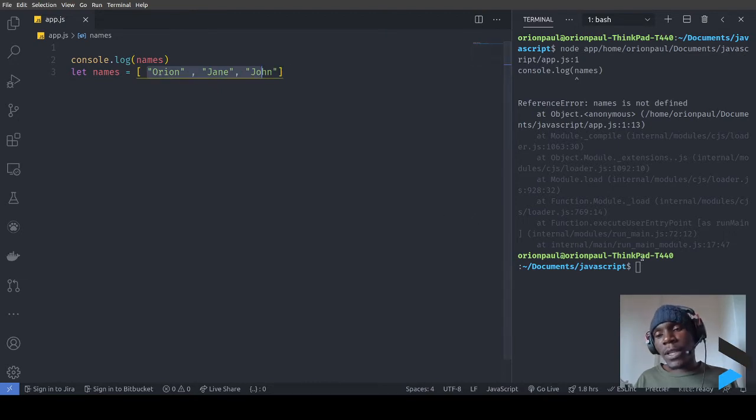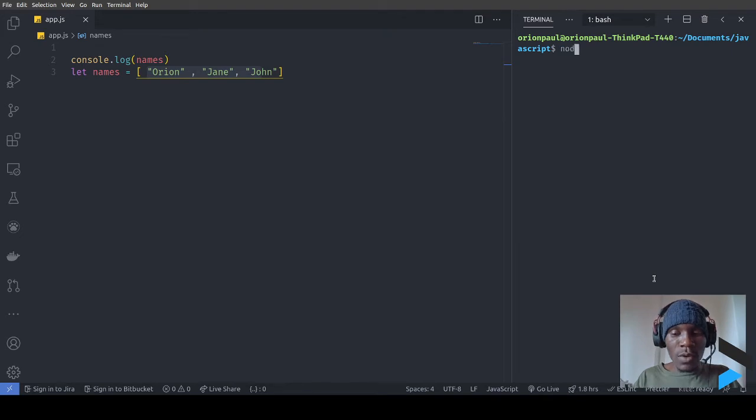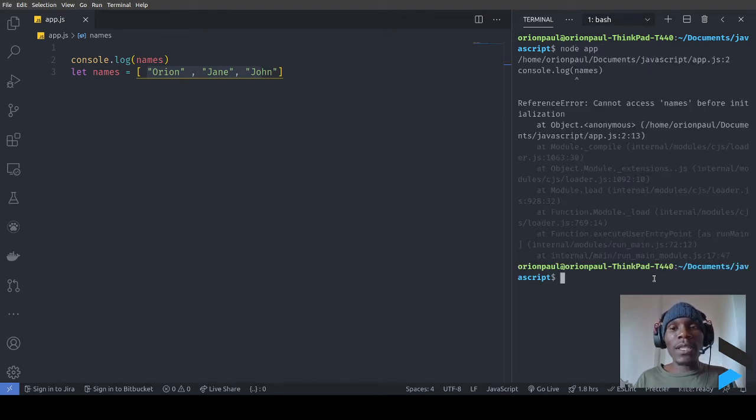So what is happening here, I'm going to try to run our app and see what is going to happen. So you can see here now we have a different error message: Reference error, cannot access names before initialization. Which means before we log out everything, or our